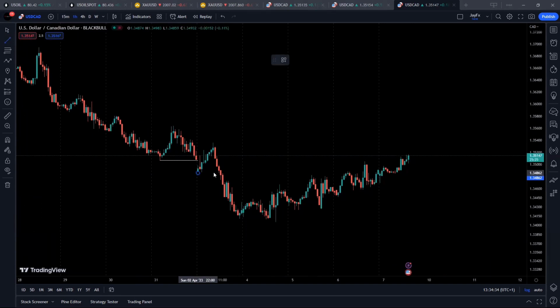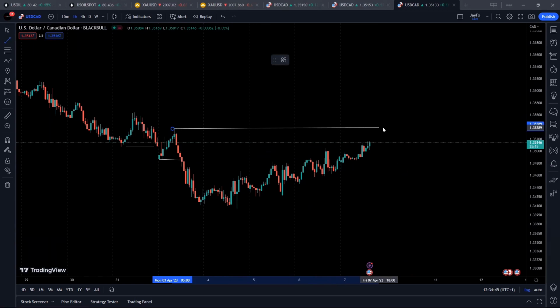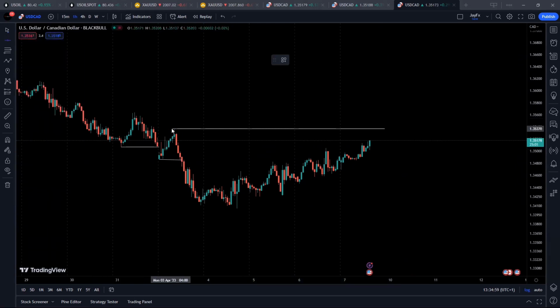Then we have this lower low broken, this one broken, and we have this high. This level here was the level I identified as my key level zone. You get? This level was a key level zone for me because we had a very, very strong impulsive move off that zone, and that zone was basically at